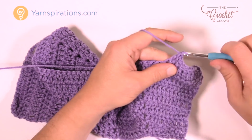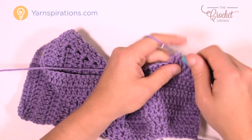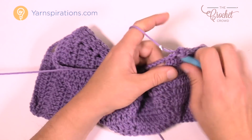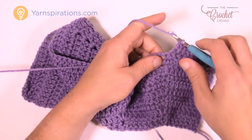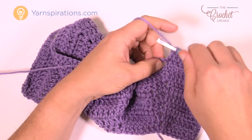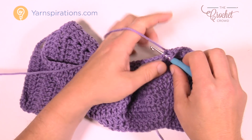So I'm just double crocheting across. So it's no longer growing out. Now it's gonna grow down on the baby's body. If the baby was wearing it right now, you go right into the last one. So we knew that we had 6 chains here, so we're going to then just go into